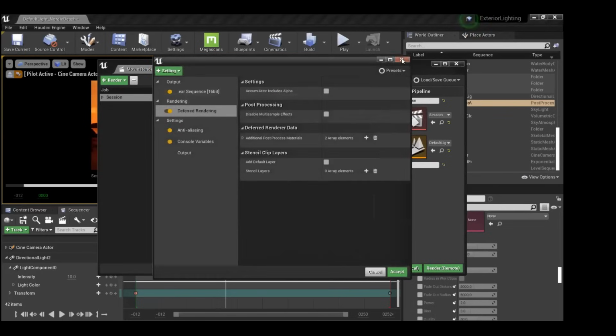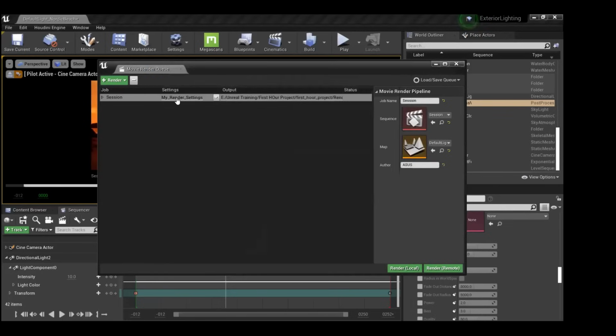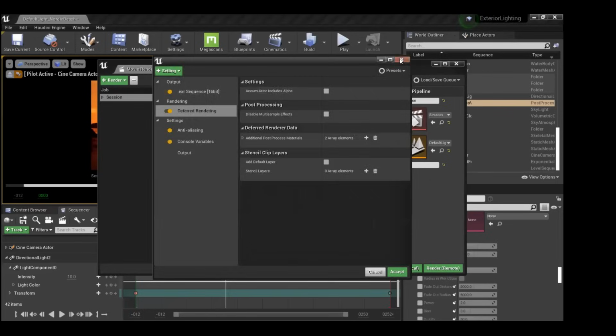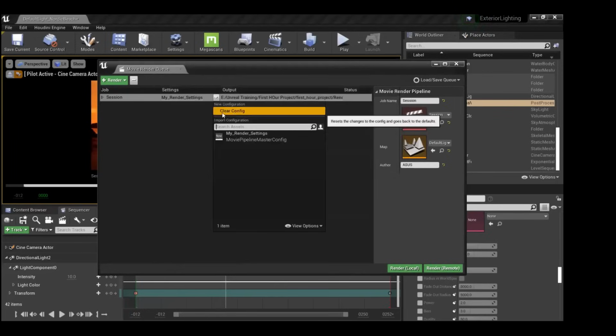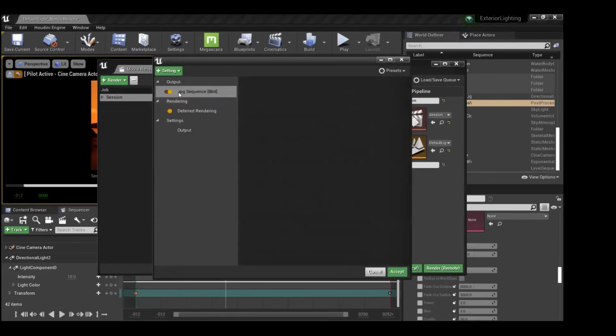Let's go one by one. Let me just click here. Again, clear config. First thing, I do not want a JPG sequence, so I will delete it. I want an EXR sequence, right? So I will just click EXR. The next thing I want